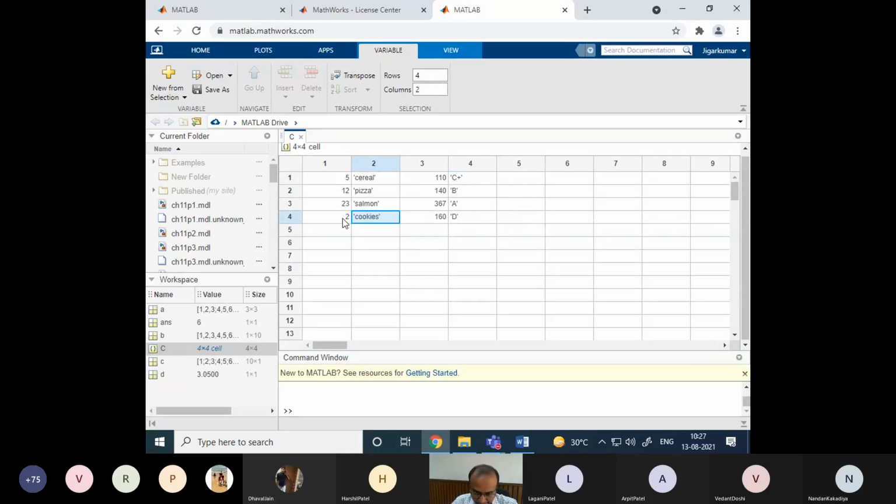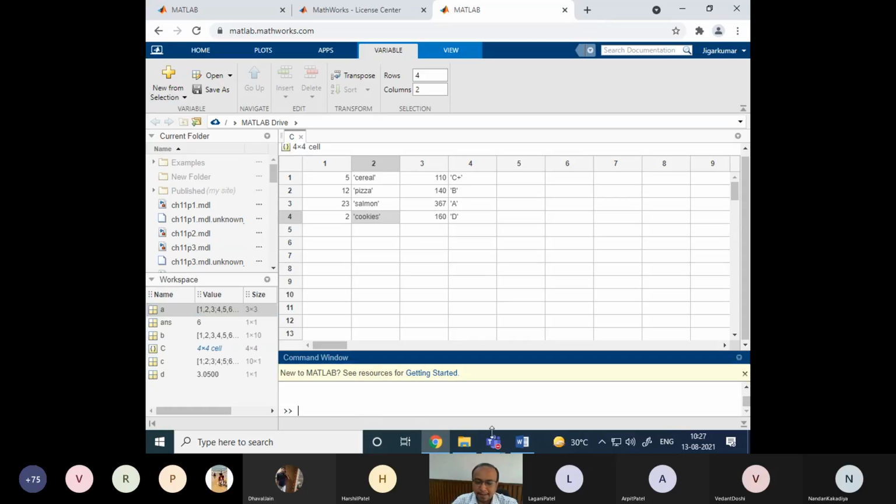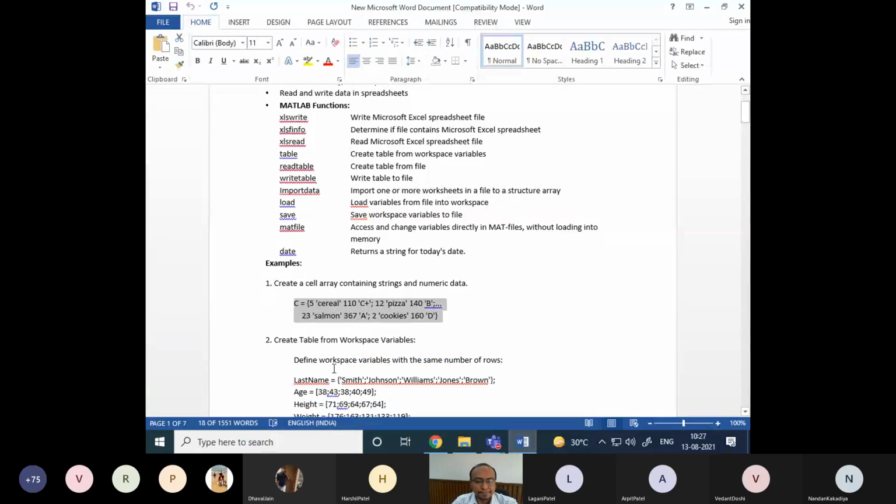In first there is some integer value, second some string, third again some value, in fourth again some character, and so on. So different kinds of data are there in this, while in case of an array we have the same kind of data, integer or float or only characters, right? So this is a cell, mixed kind of data is there. So I hope you understand this.